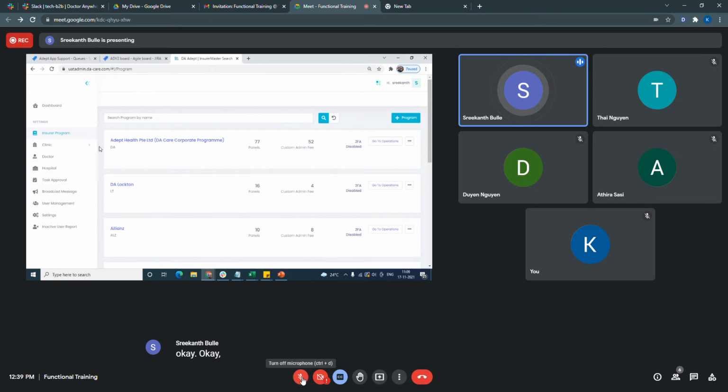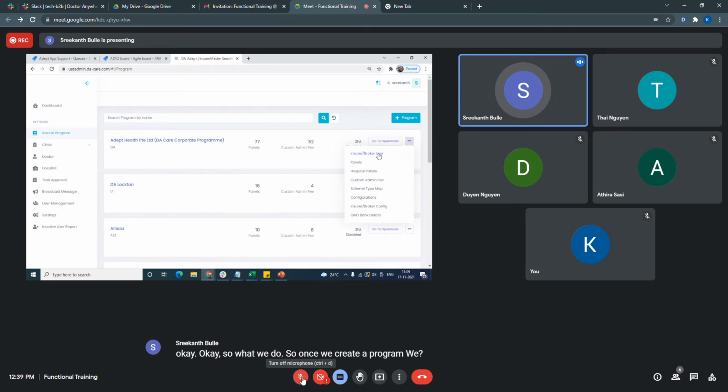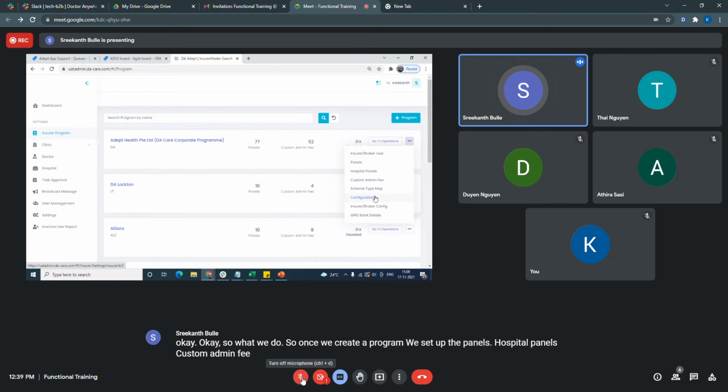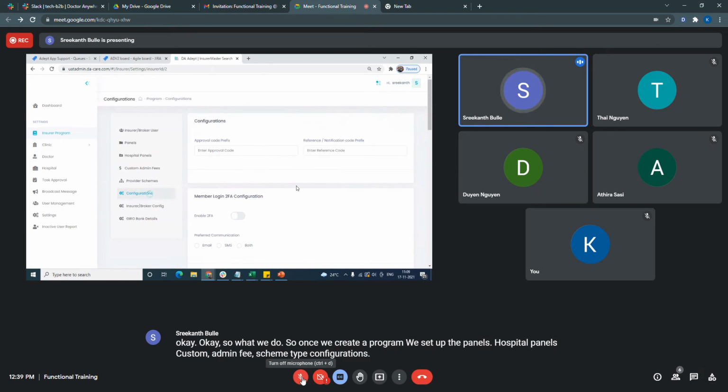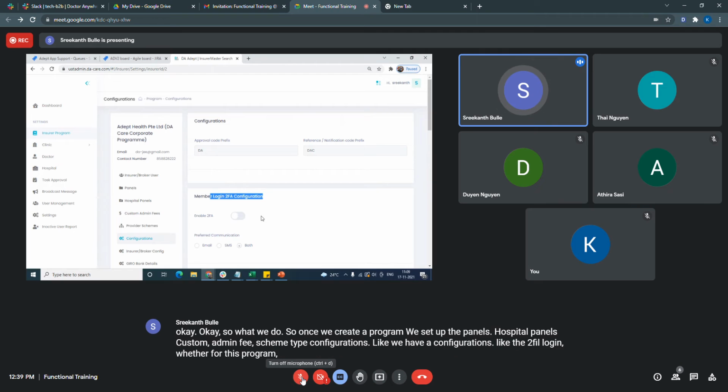Okay. So once we create a program, we set up the panels, hospital panels, custom admin fee, scheme type, configurations. We have configurations like 2FA login, whether for this program we require to enable 2FA or not.